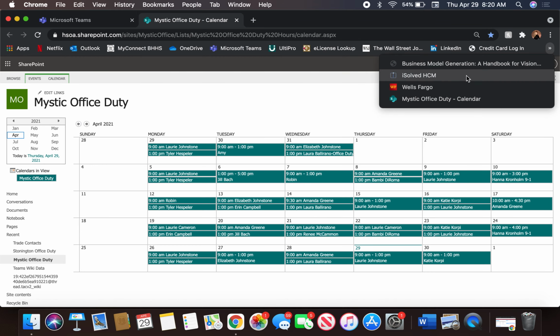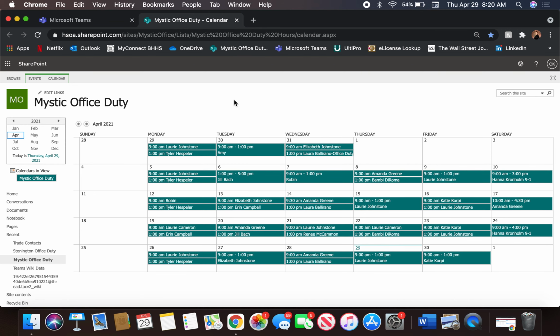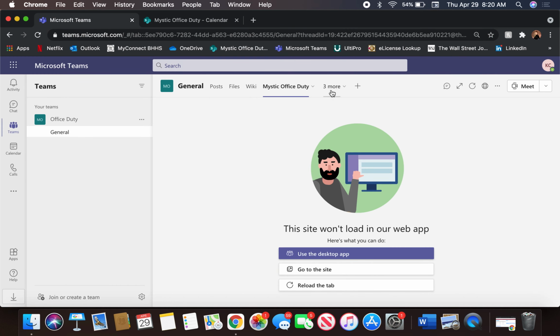I have a lot of bookmarks, so I'm just going to click down, hold, and drag over here. So when I open my browser, it's right there. All I have to do is click on it. So it's like a shortcut. And then same thing if I wanted to do Stonington,